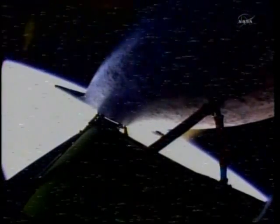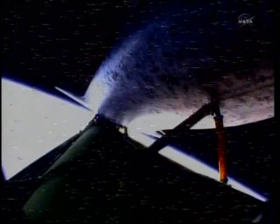Seconds to go in Discovery's path. Space Shuttle Discovery. External tank separation confirmed. Commander Steve Lindsay will steer the shuttle up to the forward so that the umbilical